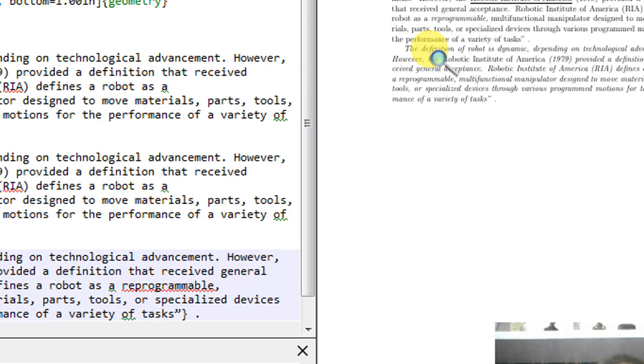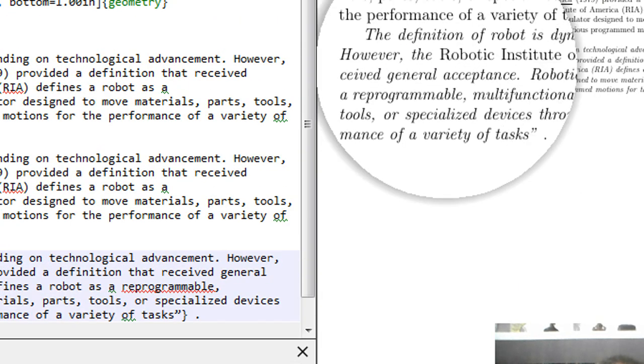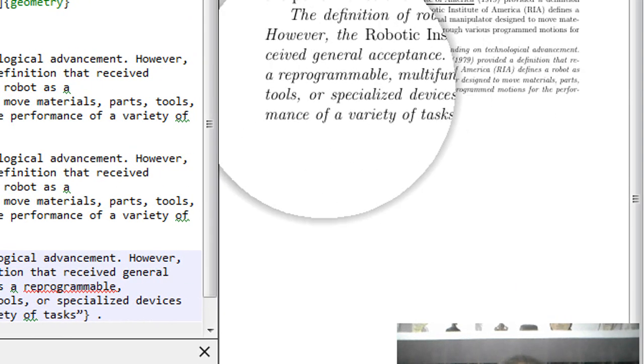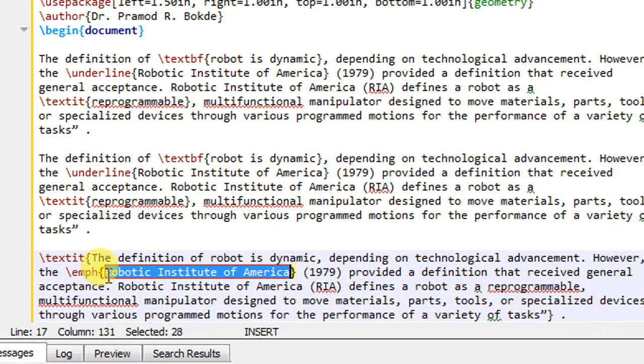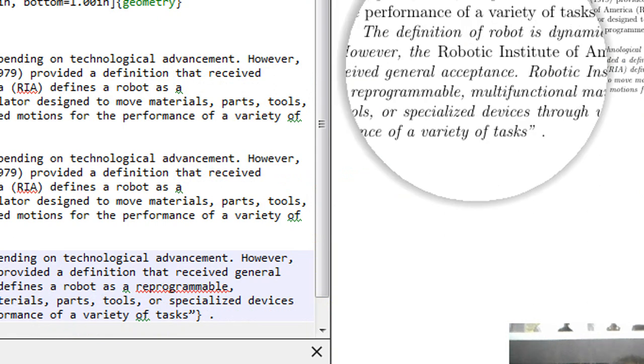So if you see here, first we have made all the text italics. You can observe that the text included inside this emphasized environment is normal text.